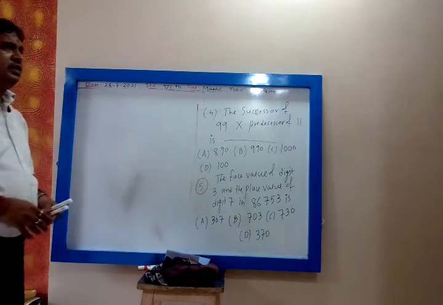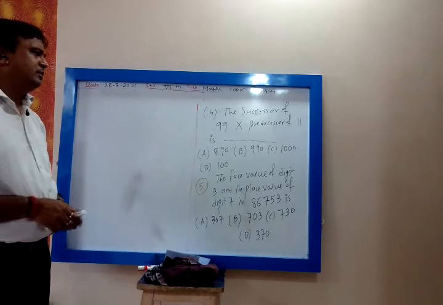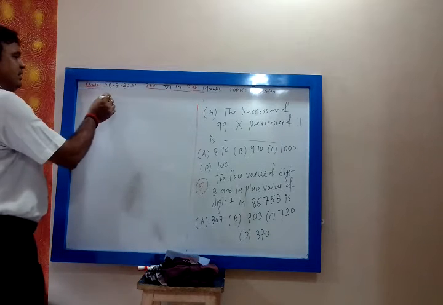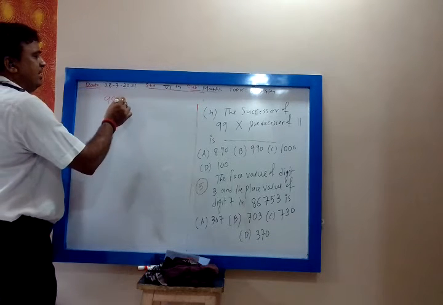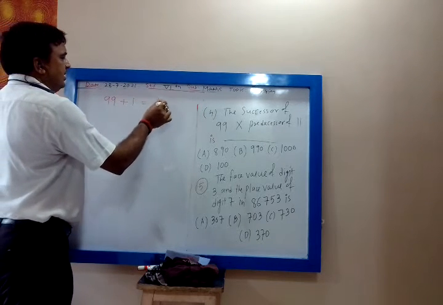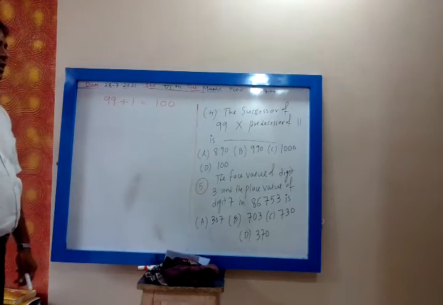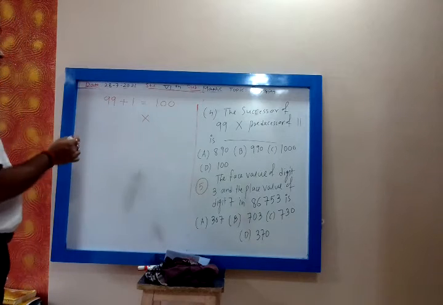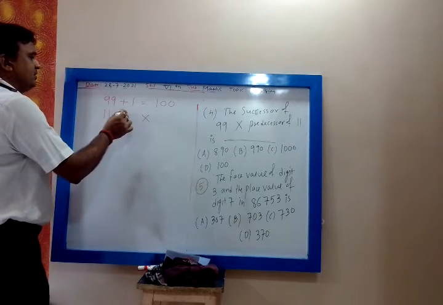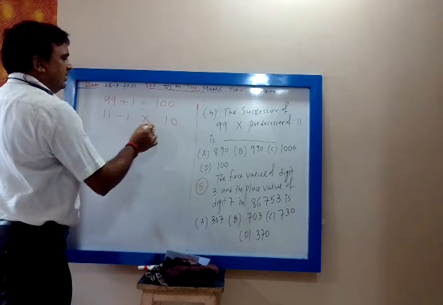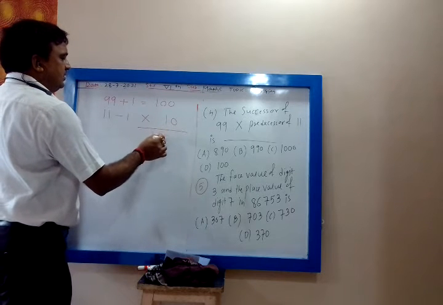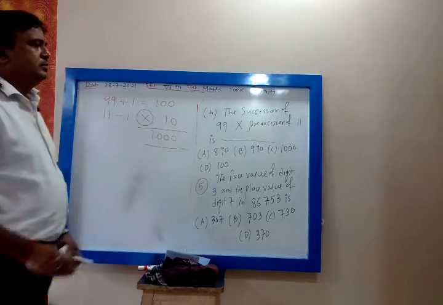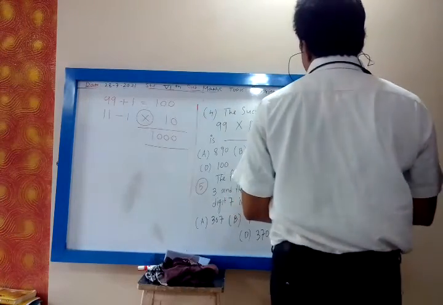Yes, chalo. Ashok Mali, you tell me how you have done that. Fourth one. Successor of 99. What is the successor of 99? Successor means you add 1. So you will get 100. Then multiplied with the predecessor of 11. For predecessor we subtract 1. 11 minus 1 is 10. 100 into 10 is 1000. 100 multiplied by 10, no? So what is the correct answer? The correct answer is 1000.